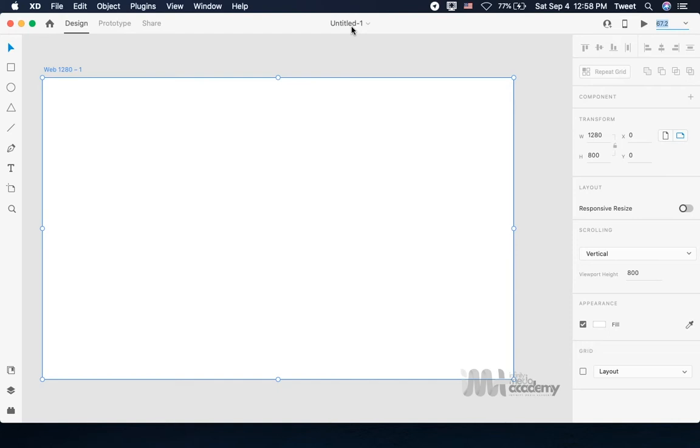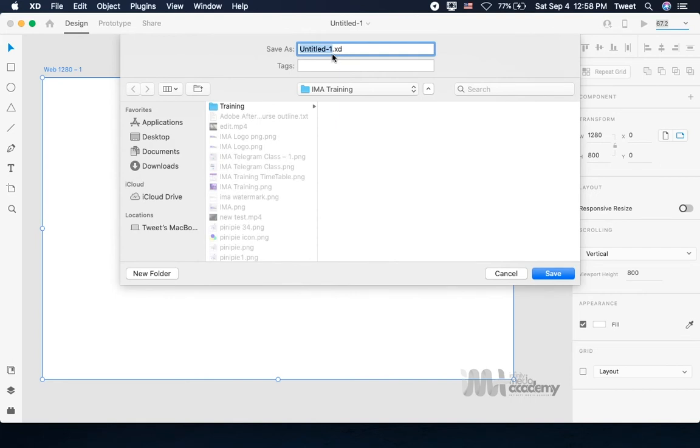So immediately you launch Adobe XD, the first thing you should do is give your project a name, then save it at the location you want to save your project. Now I'm going to save this project by clicking on this name, and then I'm going to give it